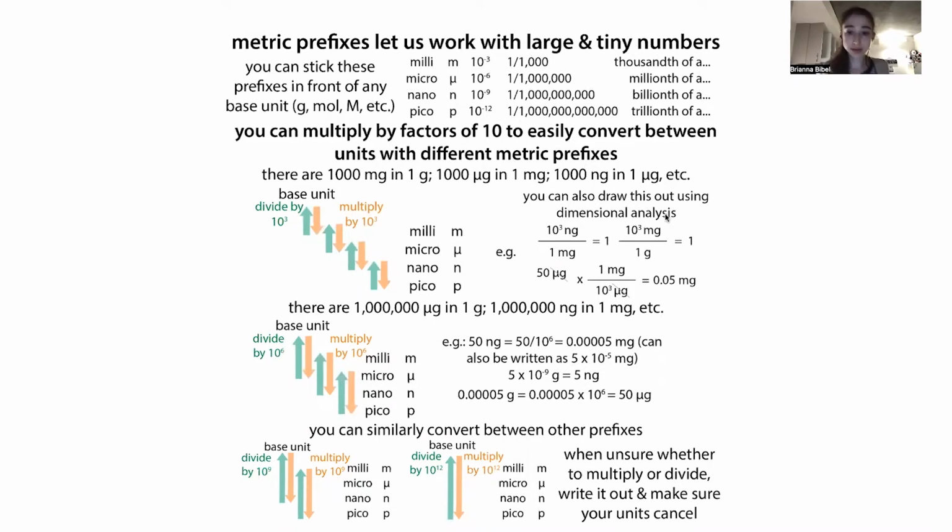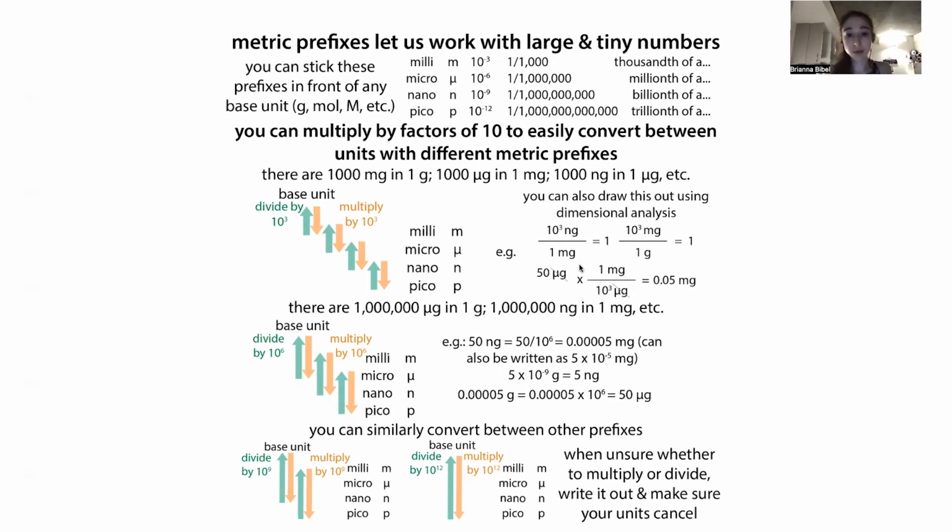So if we want to convert, say, 50 micrograms to milligrams, we can see that a microgram is going to be 1,000th of a milligram. We can line things up so that our micrograms and our milligrams are equal to 1. So we can set this up as a factor of 1. We can multiply by a factor of 1 without actually changing this number. And then we line things up so that our units cancel out, leaving us with 0.05 milligrams,